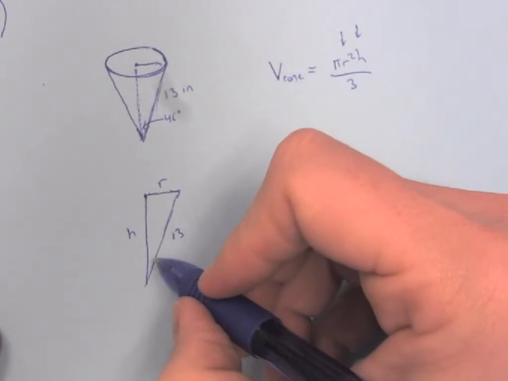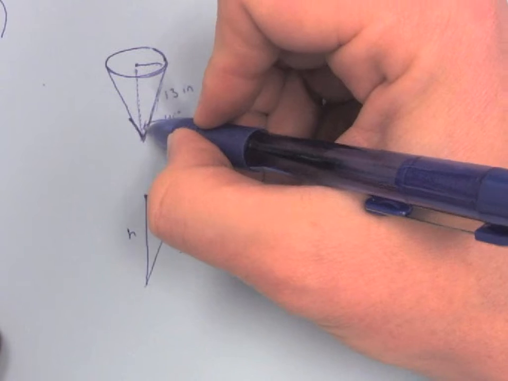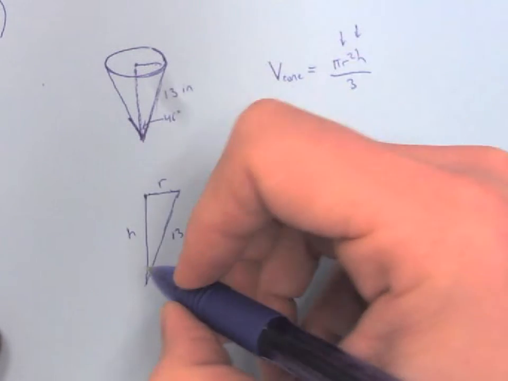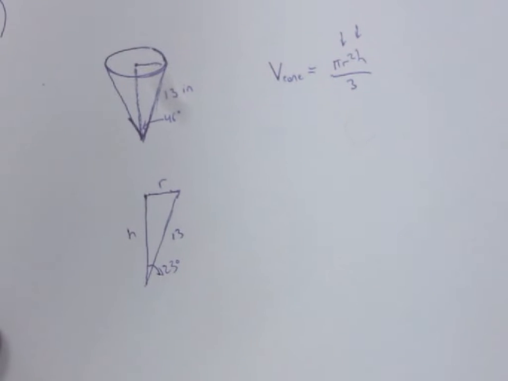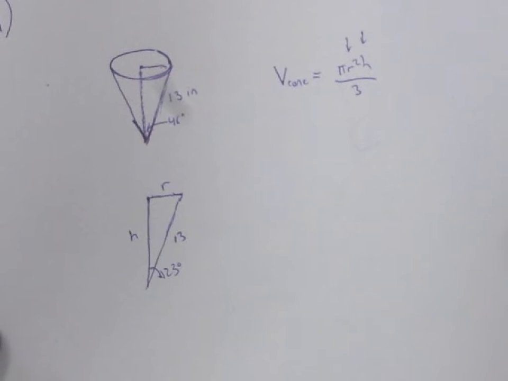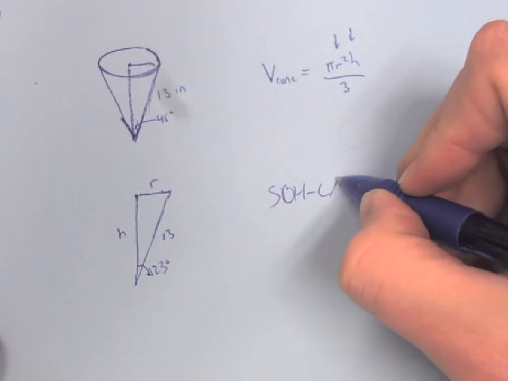We also know that this angle right here is going to be half of 46. So this full angle is 46, and we just cut it in half. And so this angle right here is 23 degrees. So in order to find h and r, height and radius, we need to use trig ratios. Okay, so if you go back to this idea, SOHCAHTOA,